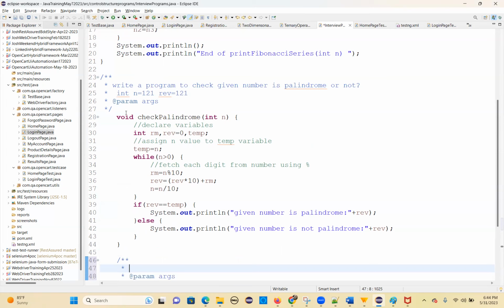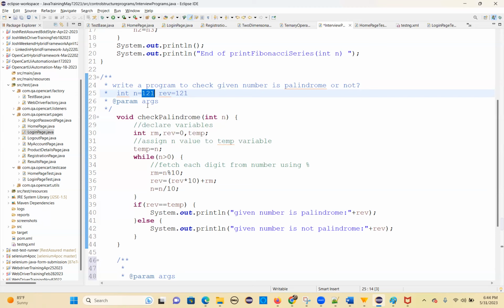Write a program to sum all the digits of the given number and create a return type method, okay? So write a program to return the sum of all the digits